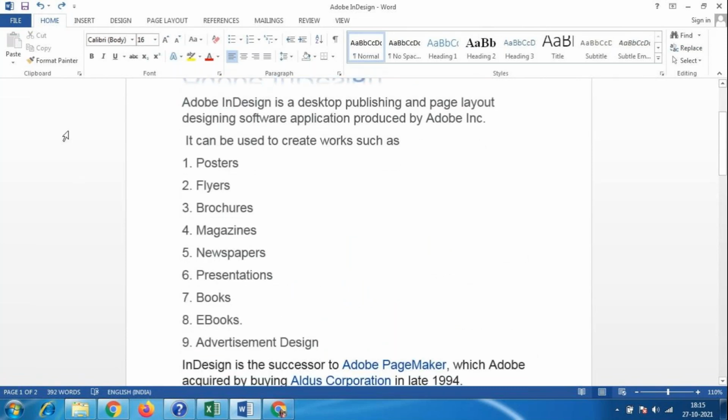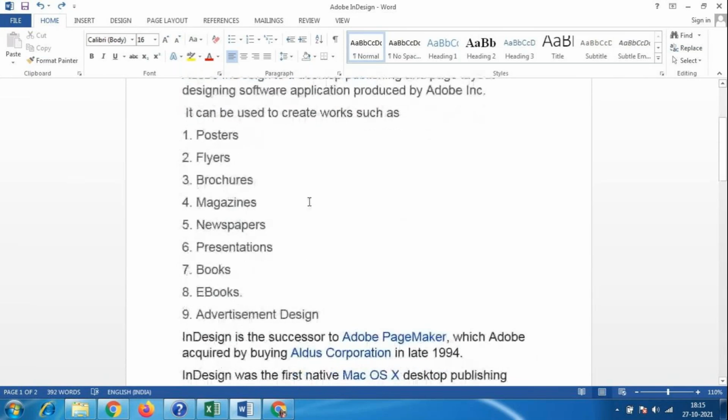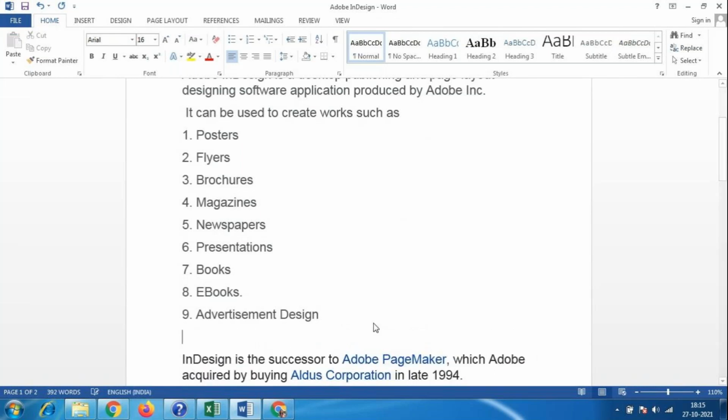Posters, flyers, brochures, magazines, newspaper, presentations, books, ebooks, advertisement designs. So what is the 10th one? Calendars, ma'am. Then what else?